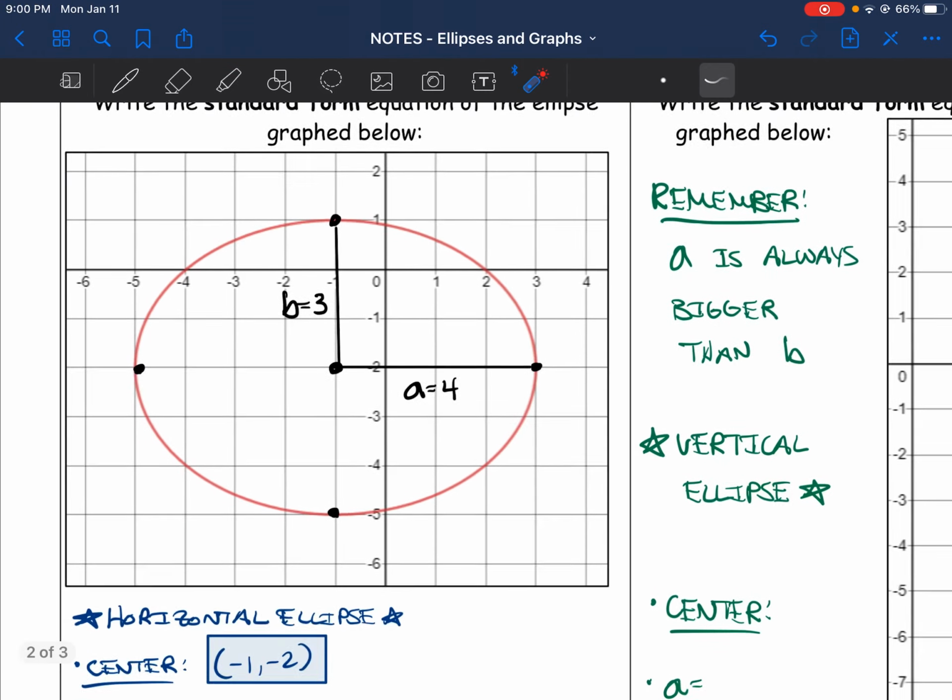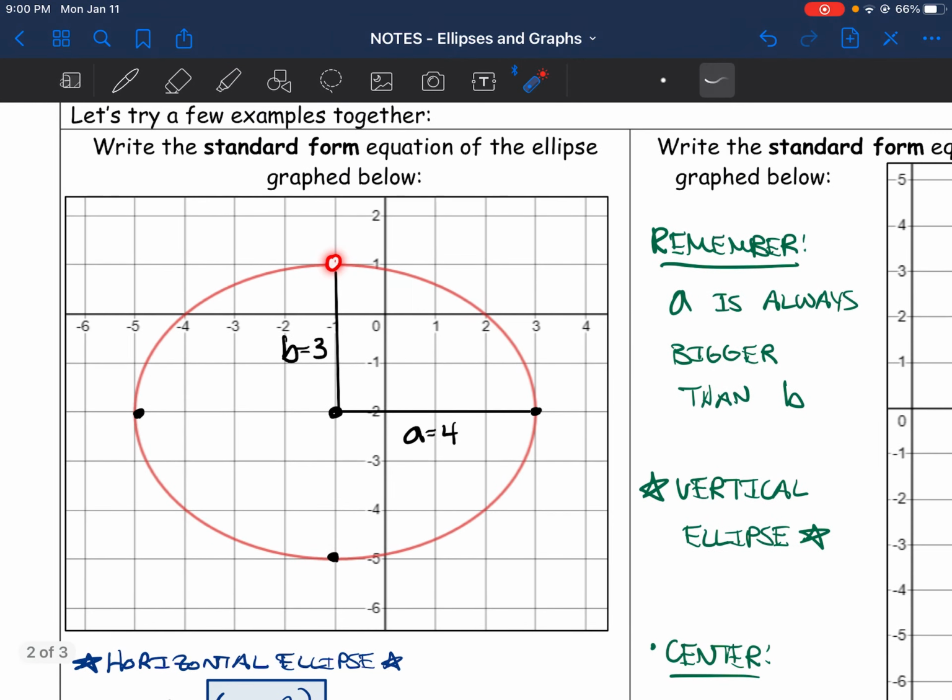The b term, or the distance from the center to a co-vertex on either side, will be the b term here, which is 3. So a equals 4, b equals 3. I don't like that. Let's be consistent. There we go. So given that information, and since we know that this is a horizontal ellipse, well, the equation